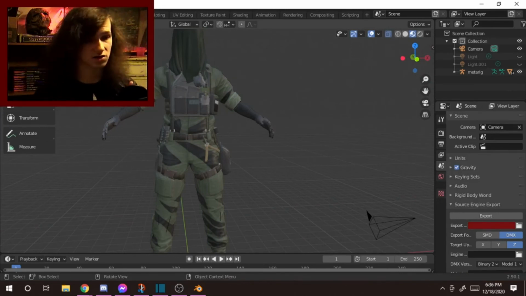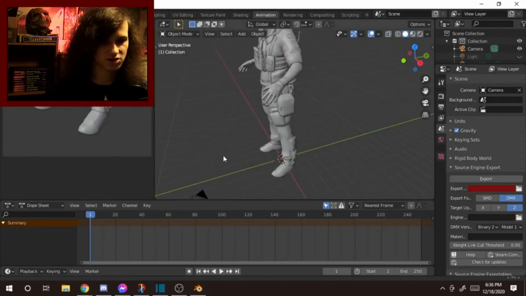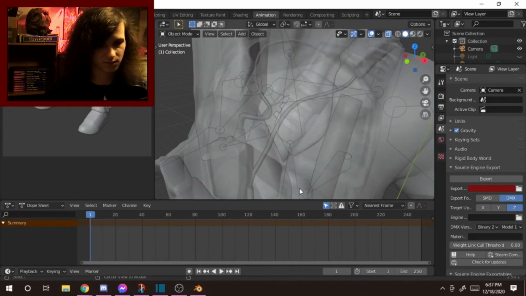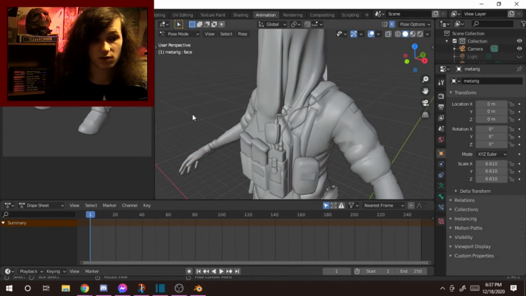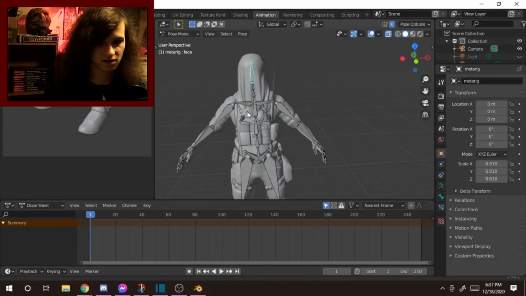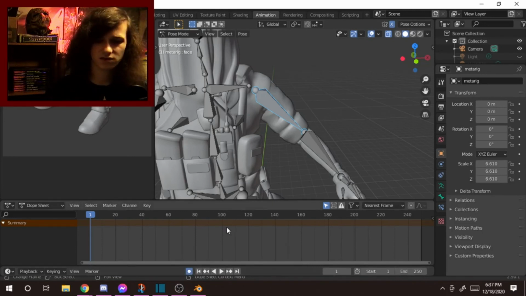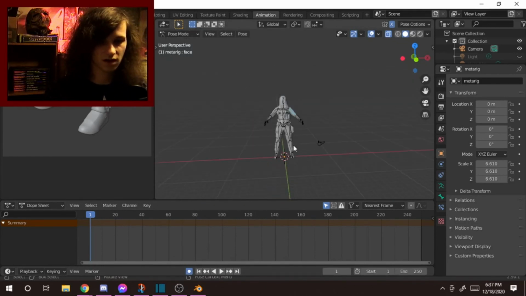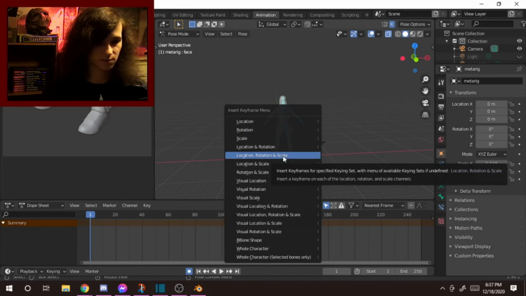Now I'm just going to show you how to do a simple animation, and the way that you would go about doing that is going over to the animation tab and selecting the skeleton, and then going to pose mode. From here, I like to press this little circle button down here. It's called auto keying. Basically, if you have this selected, it'll save what you do. So real quick, I'm just going to select the entire skeleton and press I to insert a keyframe at the first